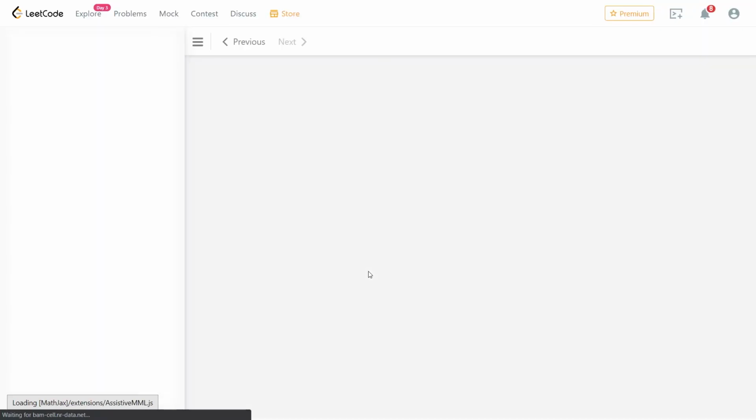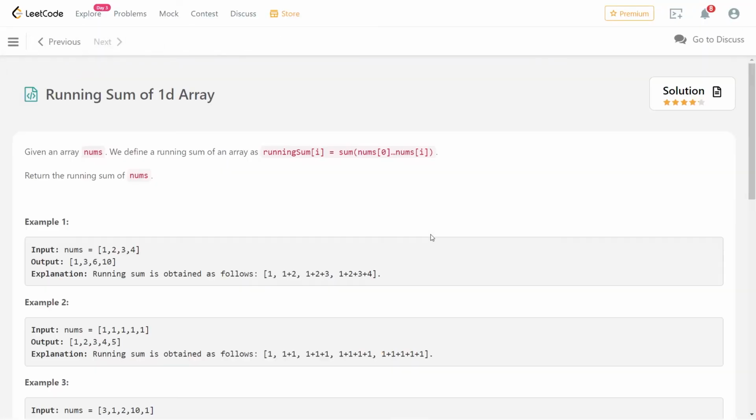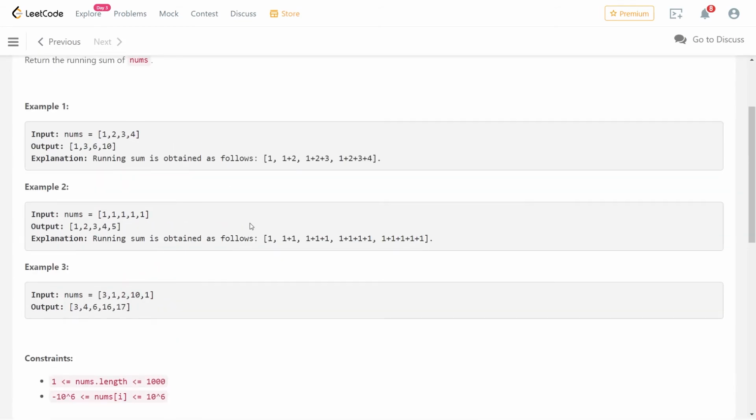Let me tell you some uses of this array and how it is useful. This running sum array can be used to find the sum between any two indexes in constant time. For example, someone gives you index 1 and index 4 and asks for the sum. That will take you order of n, like 2 plus 3 plus 4, that is equal to 9. But what you can do is find the sum up to the rightmost index, and the sum up to one index to the left of the left index. In this case it is 1, and the sum up to the rightmost index is 10. So 10 minus 1 is 9.